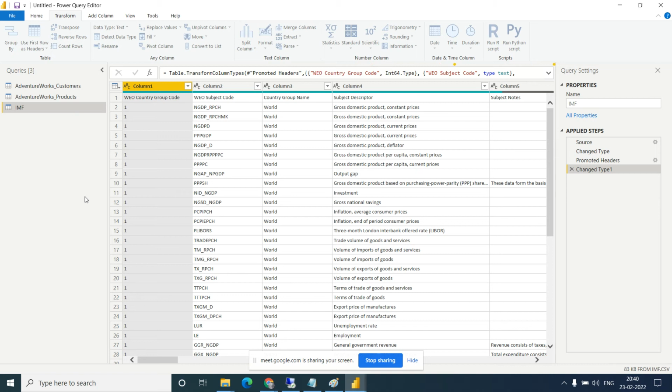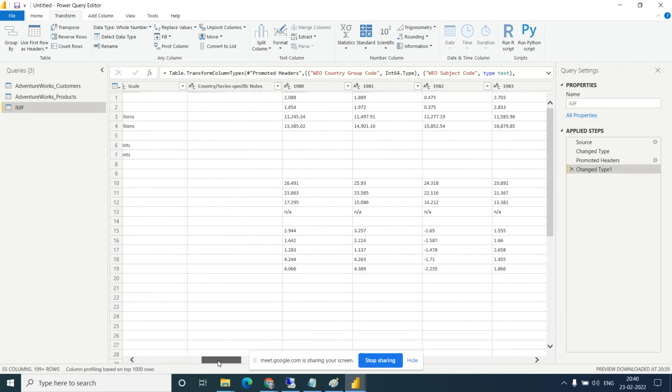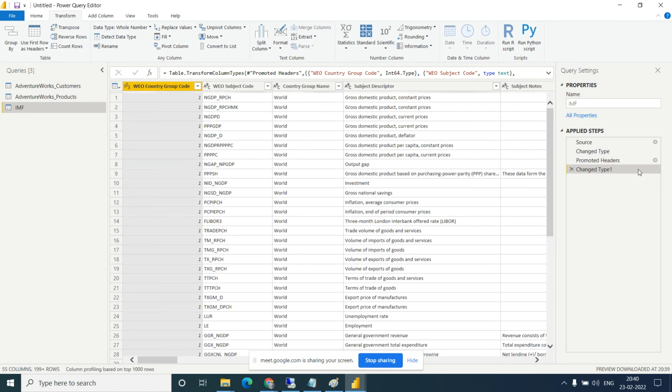So it will become a header. Okay, so now all the column names came onto the header, right? So this is the first step, and you can see a step was created. Okay, so what is the next step?